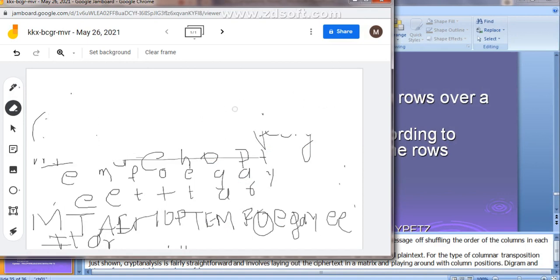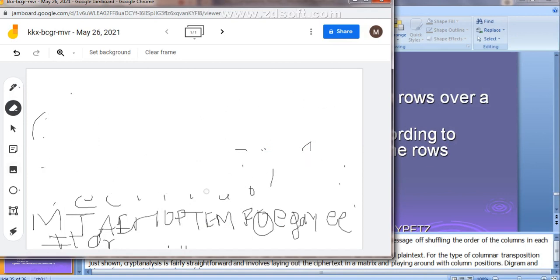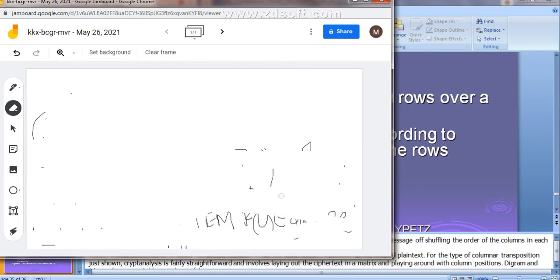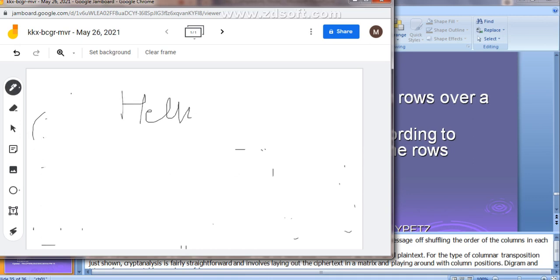And what is the plain text? "Attack postponed until 2 a.m." According to this row transposition, what will happen? Write the letters of the message row wise, depending upon the number of columns.